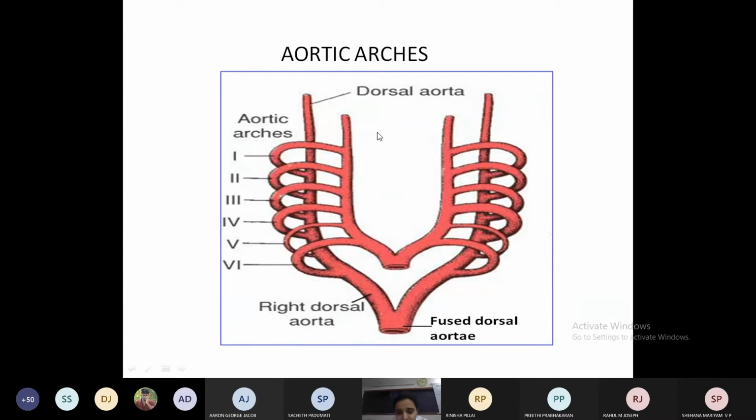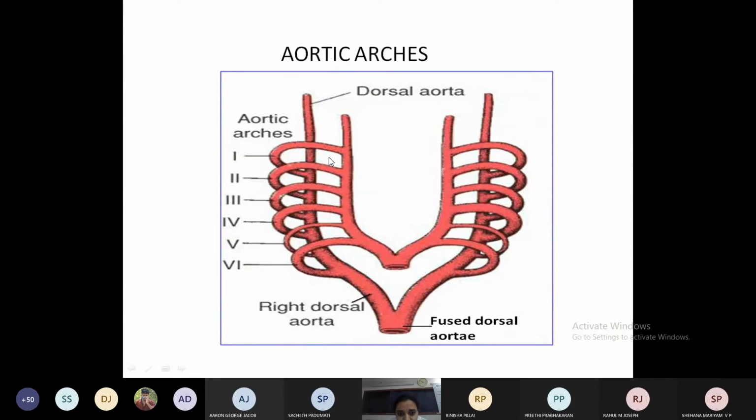These aortic arches are in the dorsal body wall. As you know, there are 2 endocardial cushions. They continue downwards as 2 dorsal aortae along the dorsal body wall. These dorsal aortae fuse with each other and form a single one. But in the lower part, it fails to fuse, so it will divide and supply the 2 lower limbs. These dorsal aortae get connected in front. This is truncus arteriosus. This is ventral aorta. Ventral aorta gets attached to the dorsal aortae with the help of aortic arches.